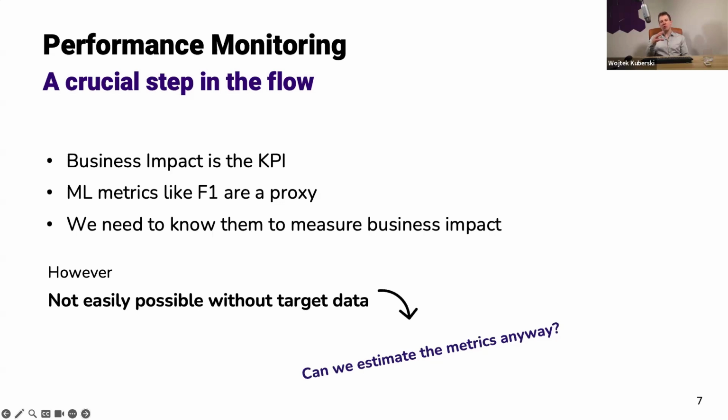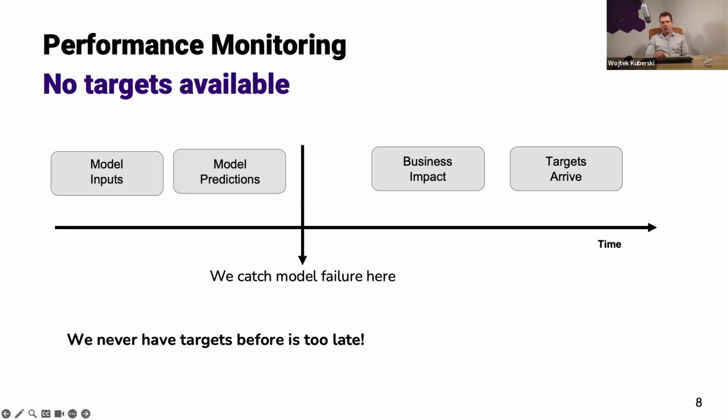So what we're going to do is try to estimate those metrics without the target data anyway. That's going to be the part where we do not only performance monitoring with realized performance, but also estimate the model performance without access to target data. And again, why the lack of targets is so important, the lack of ground truth after we make the prediction,